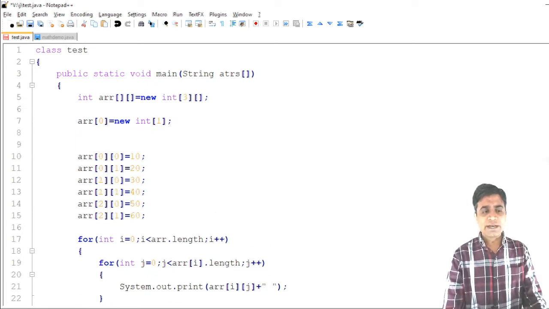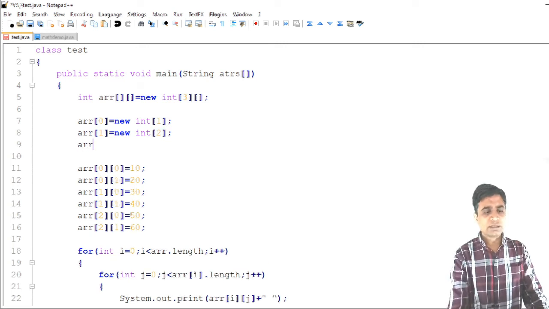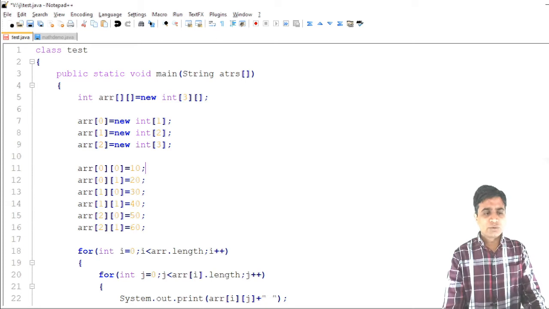Now for the second row, array[1] equals new int, I am passing the size 2. The second row contains 2 elements, and the third row contains 3 elements.